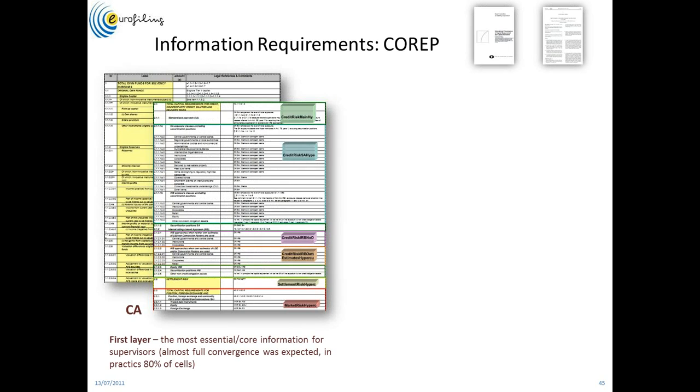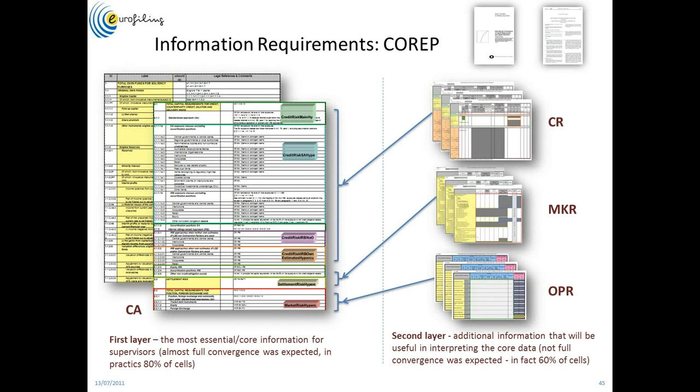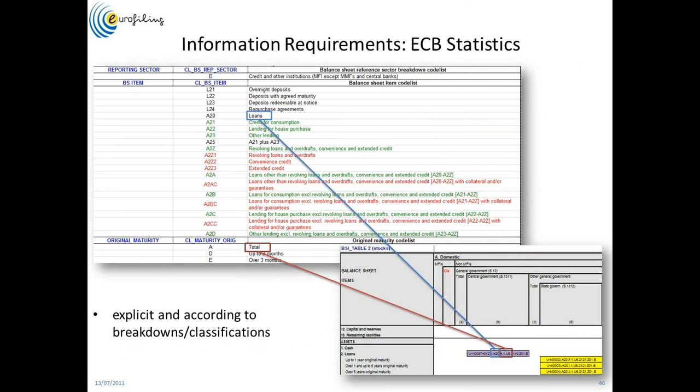We have the CA template, which is the aggregation of all the data, which allows to measure and calculate the capital requirements. But of course, in order to calculate these requirements, we need information about the credit risk, market risk, and operational risk. So this information is also provided in the detailed layer of core. And the ECB statistics, they have defined a list of codes at the ECB, which is more or less